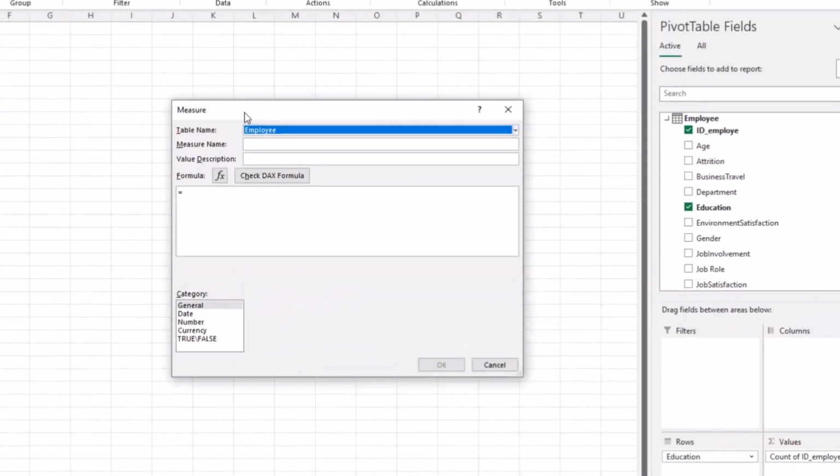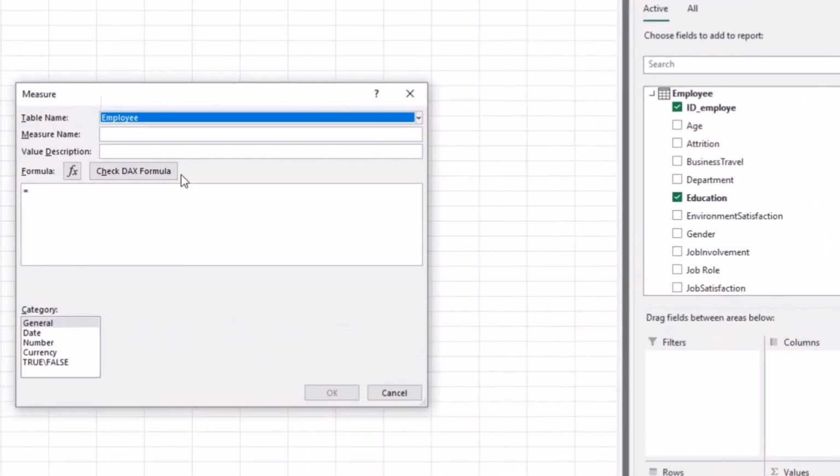When you right click and you click add measures, this is going to pop up. And when this pops up, what you need basically is the measure name. So what's the name of the measure that you want to write? Because you need to declare a measure name here. And then I'm going to say total employee. That's the name. Do you have a description for that? I can leave the description for now. Then here, this is where you write the formula or the calculation.